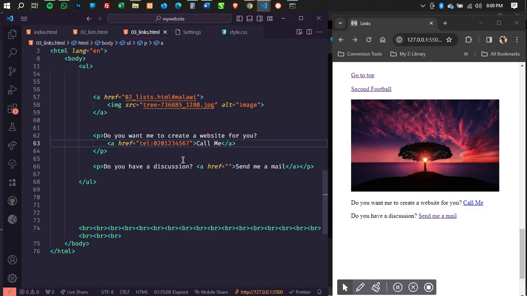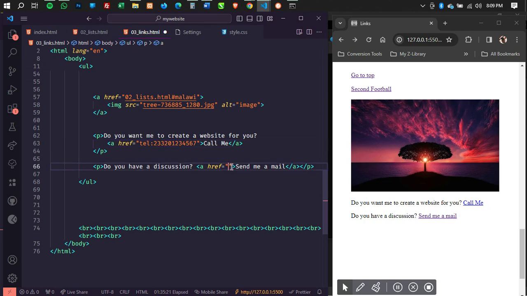the phone number, make sure you put it in international format. It's going to work if you leave it in local format, but then when somebody from a foreign country is accessing your website and they click on it, it's going to dial their local number over there. So make sure you have the country code added to it.